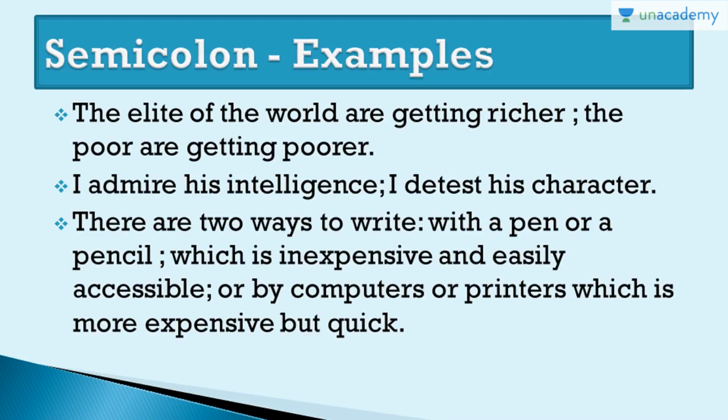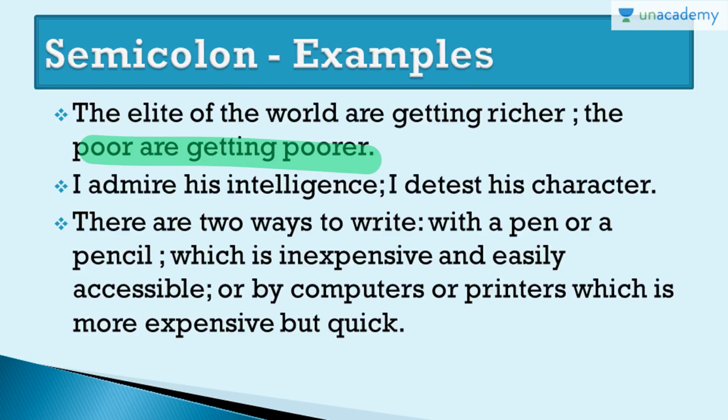The elite of the world are getting rich and the poor are getting poorer. Well, these sentences are thematically linked. How? Well, these two sentences are independent, because "the elite of the world are getting rich" is a different sentence and "the poor are getting poorer" is a different sentence. Two completely different sentences, but they are thematically linked. We are talking about the economy in general, and when we're talking about the economy, all of these things are encompassed. So these two sentences are thematically linked. They are related to each other.